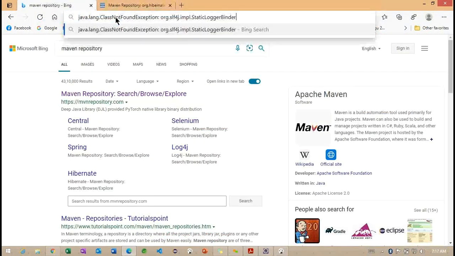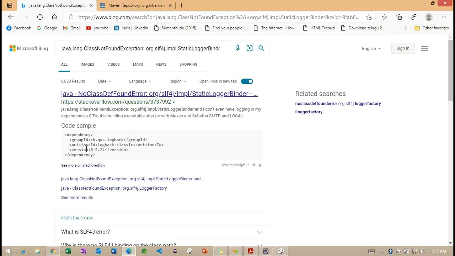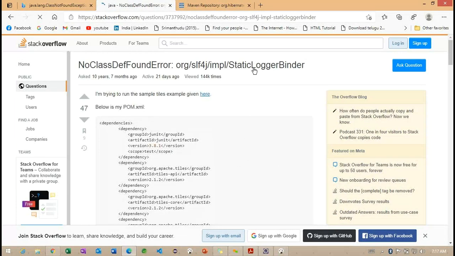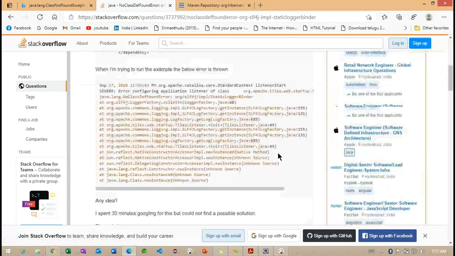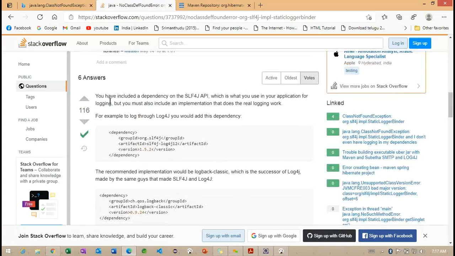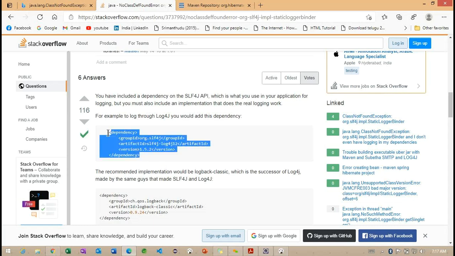You can see it is expecting one dependency here. Getting the point. It is the StaticLoggerBinder. So we need to understand what is expected here. You have included the dependency which your application uses for logging, and you must also include the logging implementation. So this we need to add.